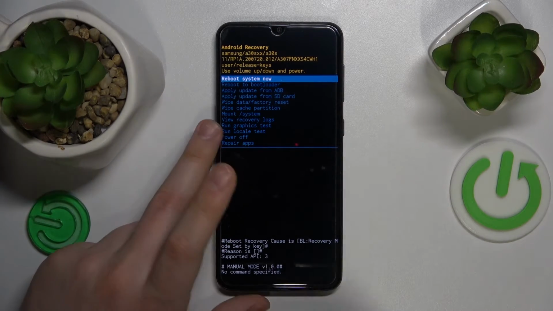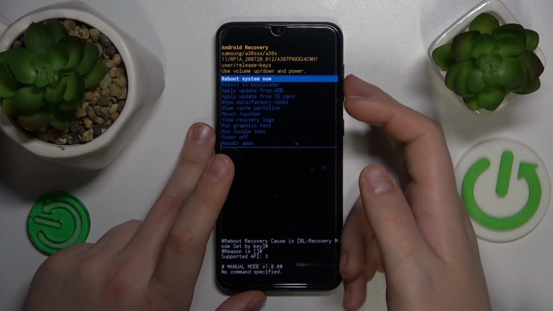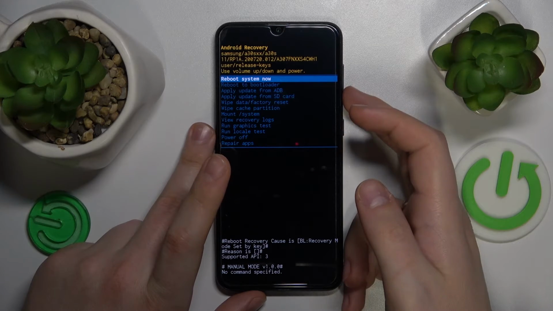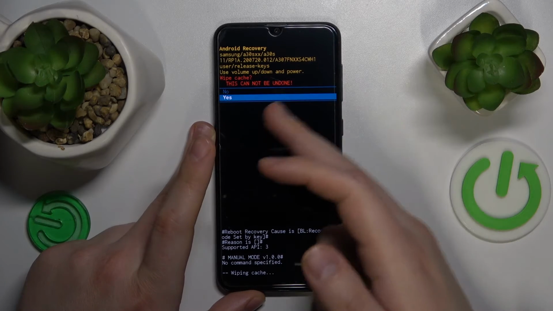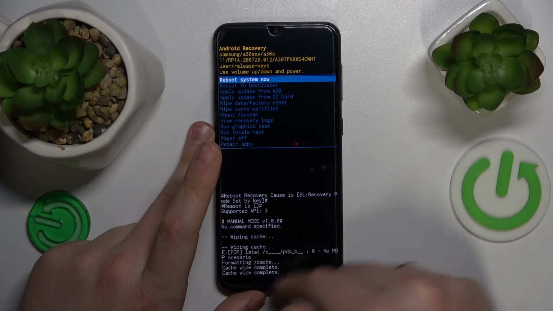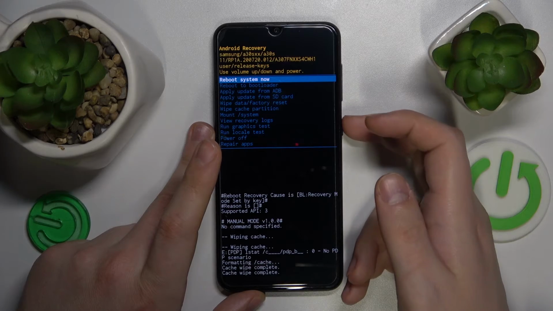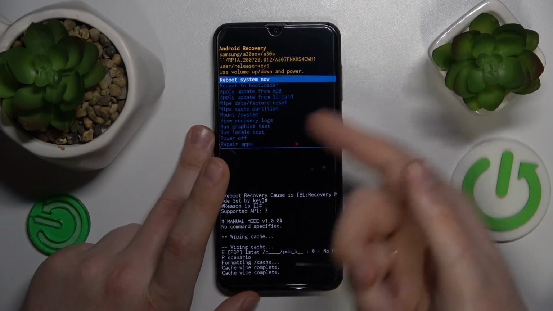In the Android recovery menu, use the volume rocker to navigate and the power key to confirm. Select wipe cache partition, press the power button, then yes, confirm, and as you can see, the cache wipe has been completed successfully. Now select the reboot system now option,